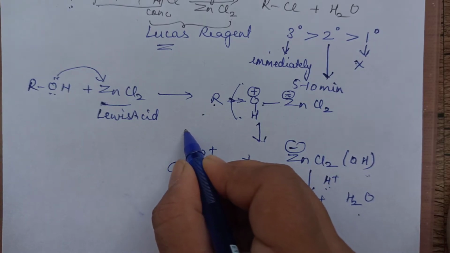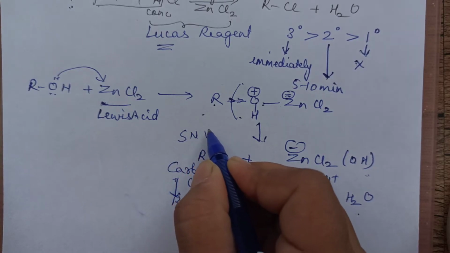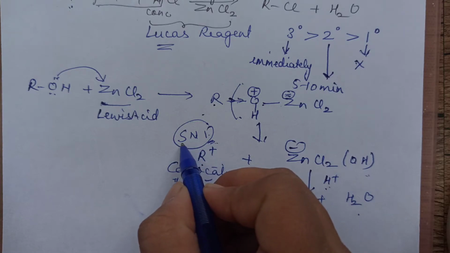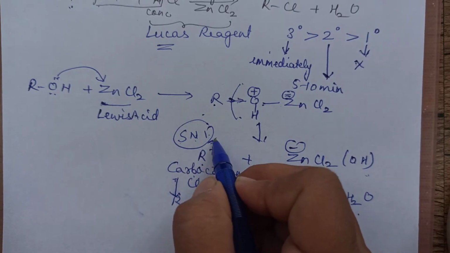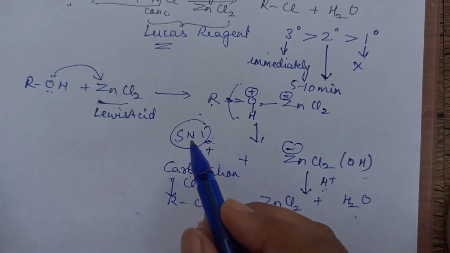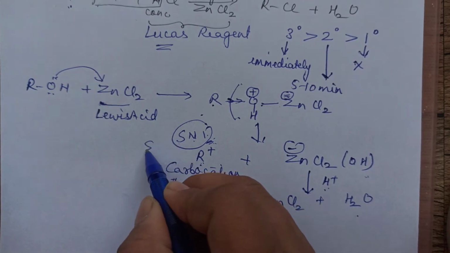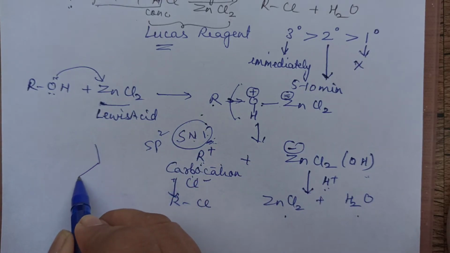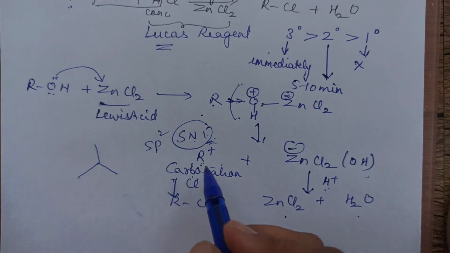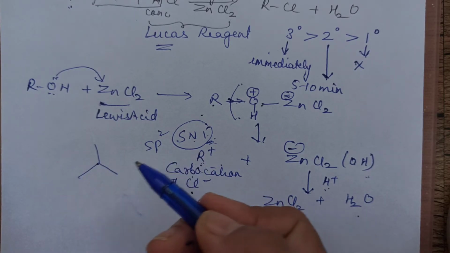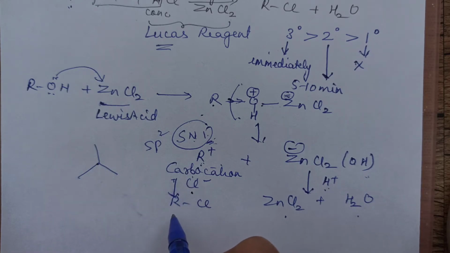Okay, so this is following the SN1 mechanism. Of course, the mechanism we are going to study in the properties also. It is substitution nucleophilic unimolecular reaction. Now because this carbocation is planar, sp2 hybridized, all these are in one plane. That means this Cl minus can attack from either side, from this side or from the back side. This part will be clear when we are talking about SN1 and SN2 further.